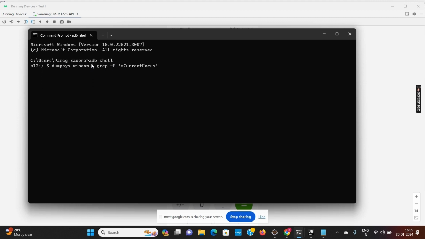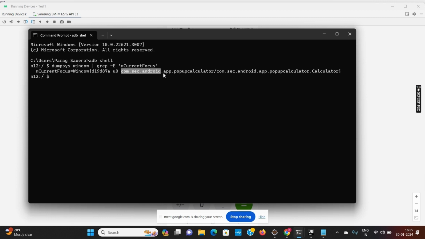dumpsys window | grep -E 'mCurrentFocus'. This is the command you have to write. And it is a case sensitive command. E should be capital, and mCurrentFocus, C and F should be capital, within single quotes. And when you press enter, you will get this package name.